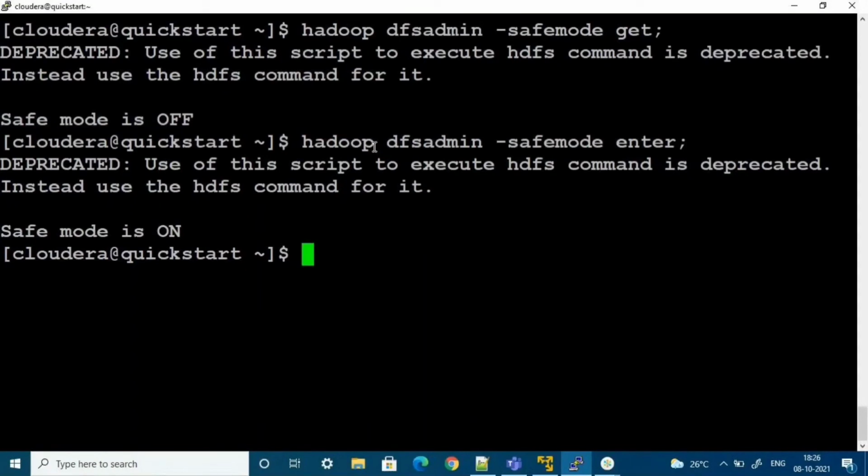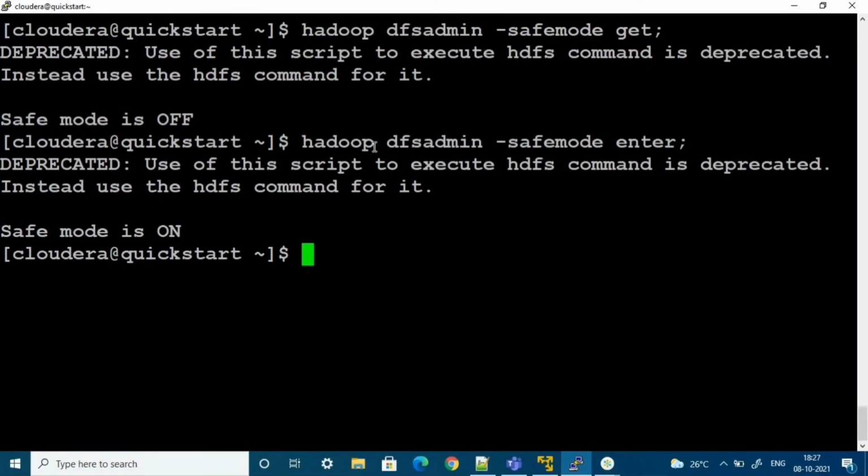Okay, if safe mode is on, it will allow only read operations. It will not allow you to copy any data files. Even write operations are not possible. Delete operations are also not possible. Only read operations. If the server is in safe mode, only read. You can read the data files, but it is not possible to store or delete.